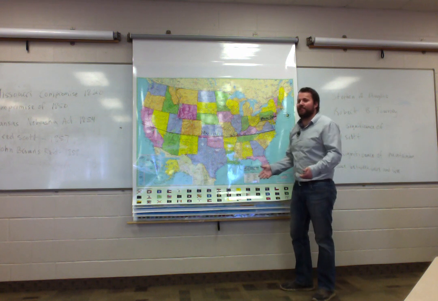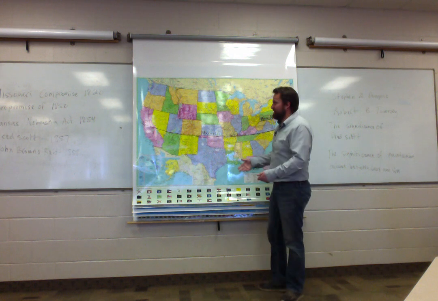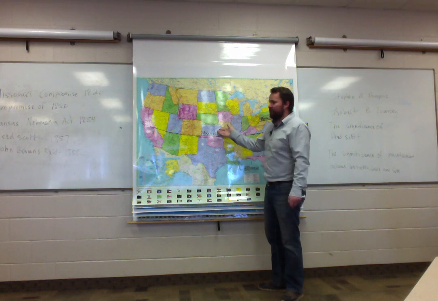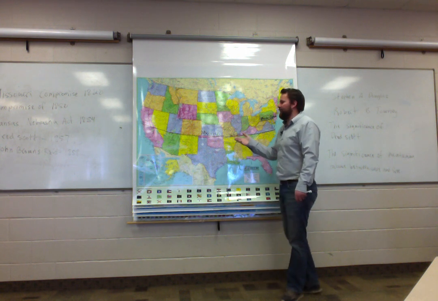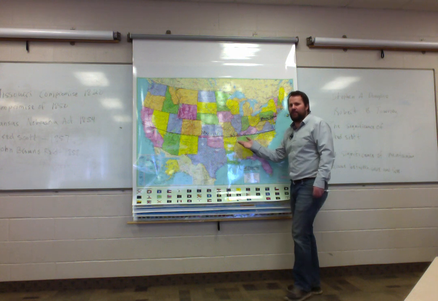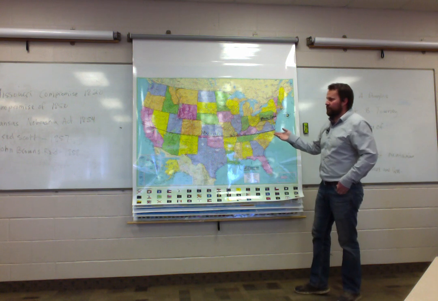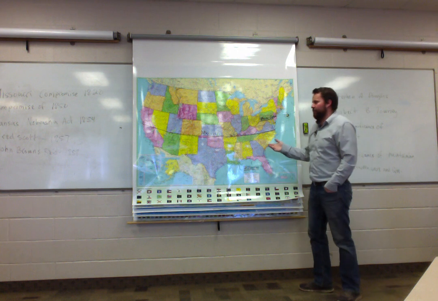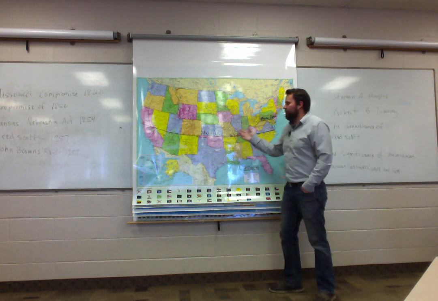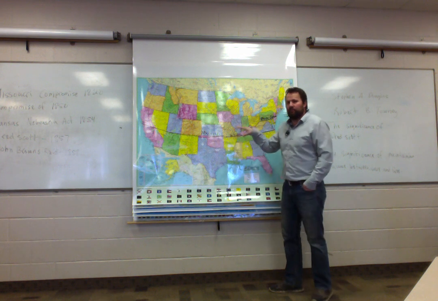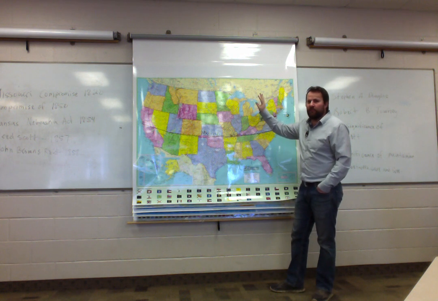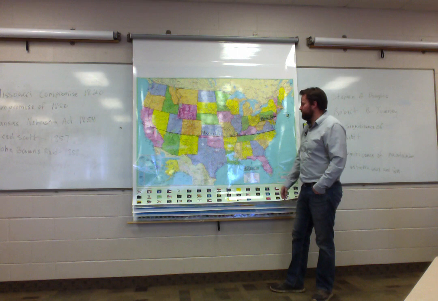Okay? Now what's interesting about this is that nobody really looks at it. This is kind of just something on paper, because later events show that nobody pays attention to this 36th 30th parallel when it comes to allowing states in the Union. But we'll talk about that a little bit more. So this parallel, the 36th 30th parallel, prohibited slavery north of it and allowed it south of it.